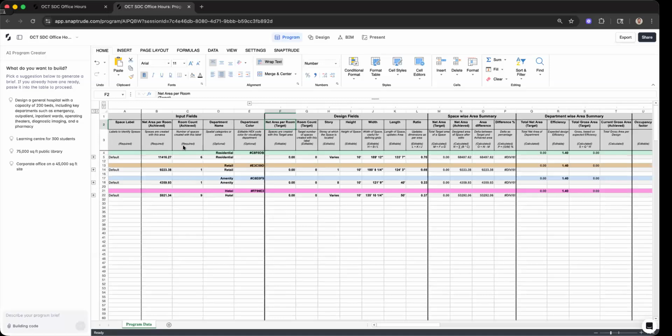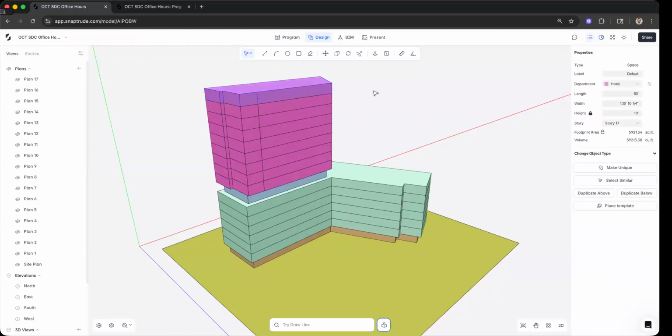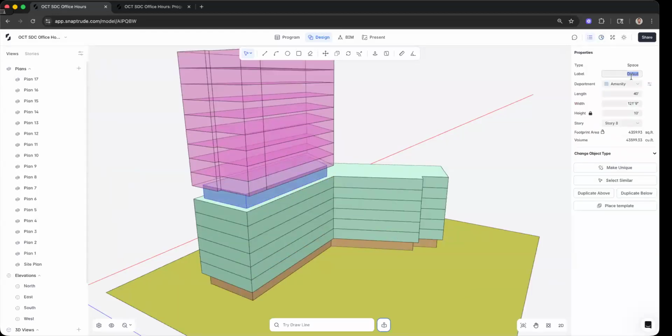I went from the design first approach, but if we wanted to, for example, come in here and start creating actual spaces within this, we have our default spaces assigned. What I would do now is convert these. There's a little trick within Snaptrude where if you want to design with both a department level, but then also have spaces embedded within this department, you can convert all of these objects. So you can see they just have a default label because they don't have a specific space type assigned to them. But if I was to come in here and say hotel for this, it's going to convert it to a type object called department. So department is going to be a different object type, but it's going to give you the ability to place objects inside it. You'll know that they're departments because by default, they will show up with a transparent shading here. So we'll just convert these